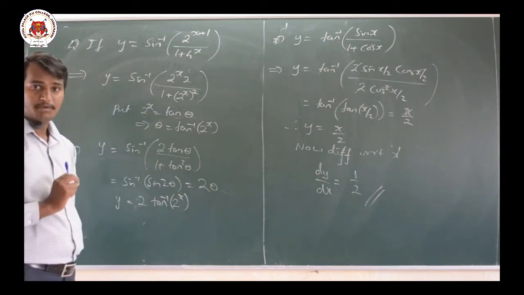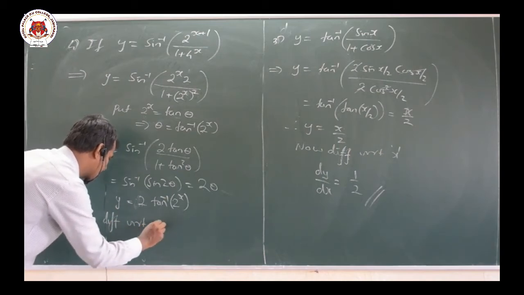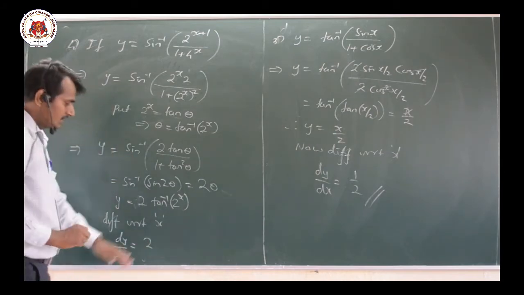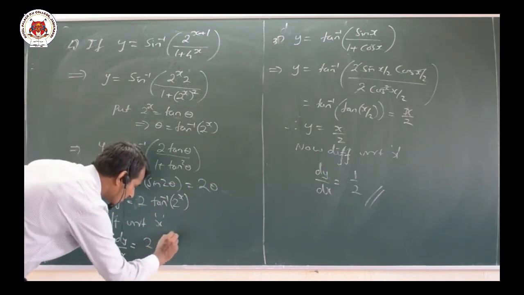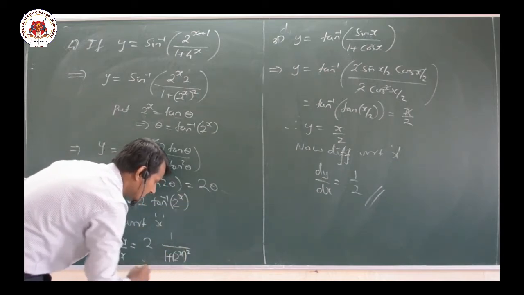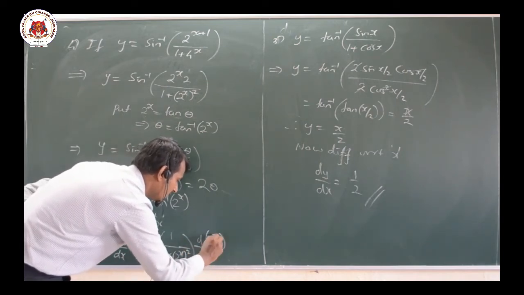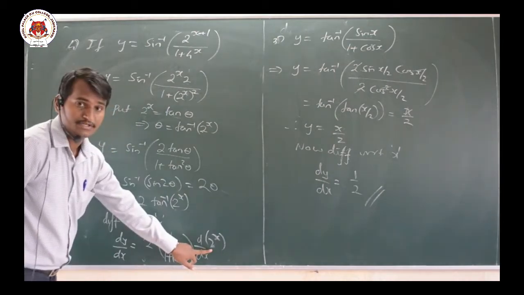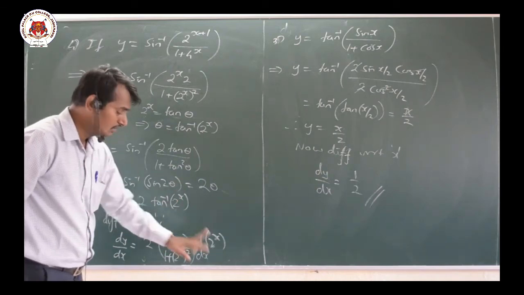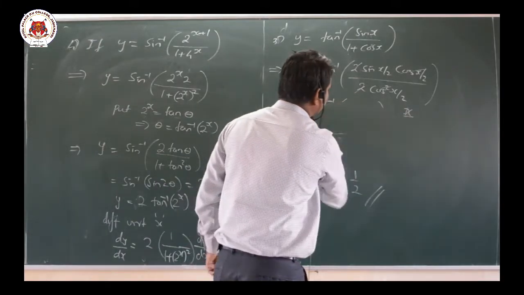And now it is very very simple for us to differentiate with respect to x. That is dy by dx equal to 2 as it is. Tan inverse differentiation becomes 1 divided by 1 plus x square, where x is 2 raised to x whole square. Now further d by dx of 2 raised to x. That is nothing but a raised to x differentiation. A raised to x derivative is a raised to x into log a, where a is 2. That we shall use now.